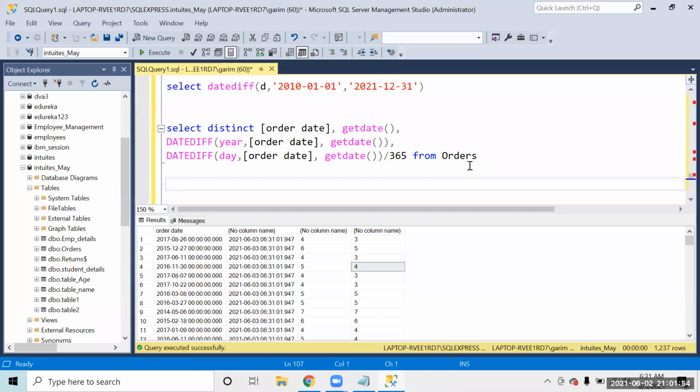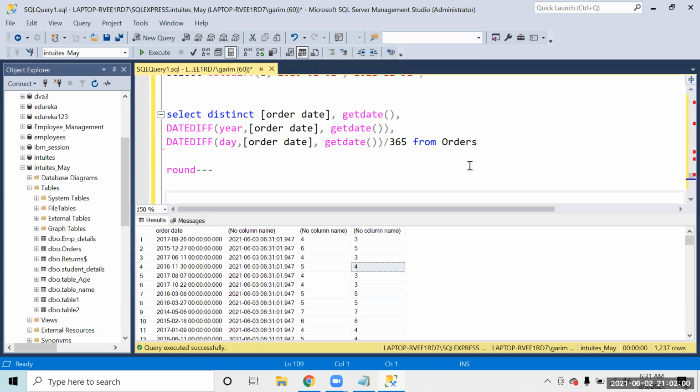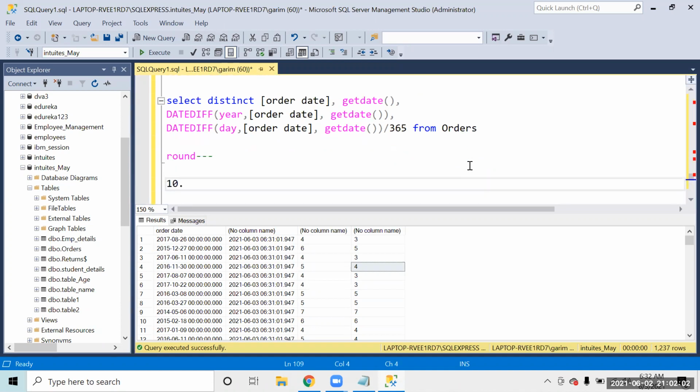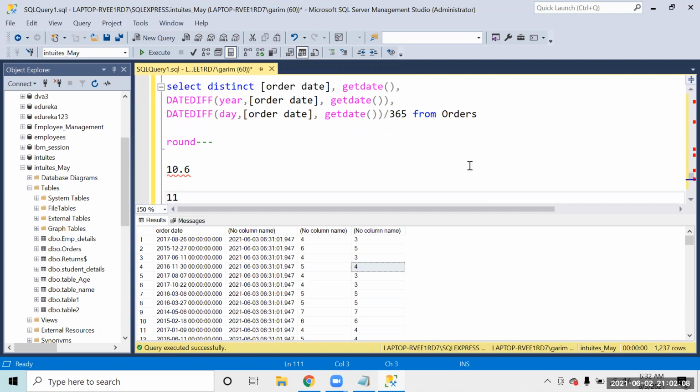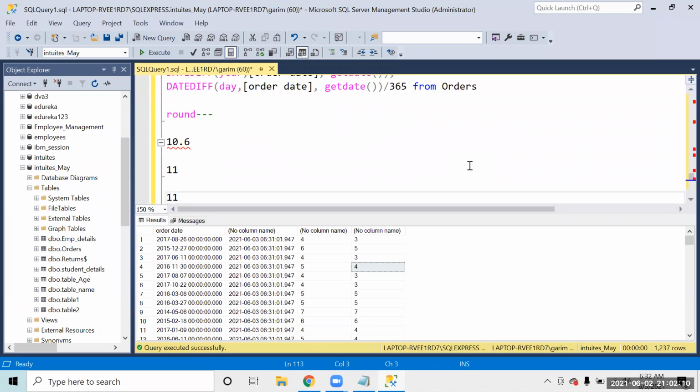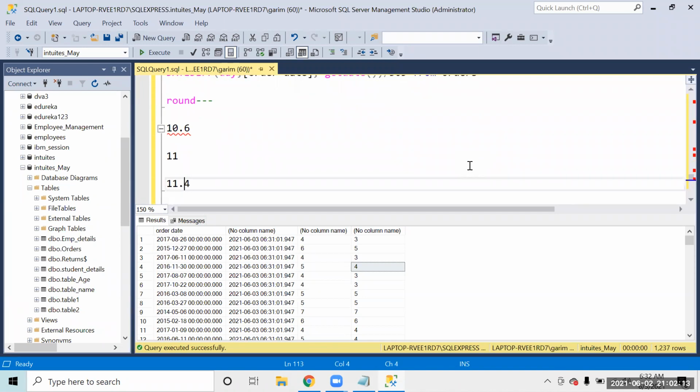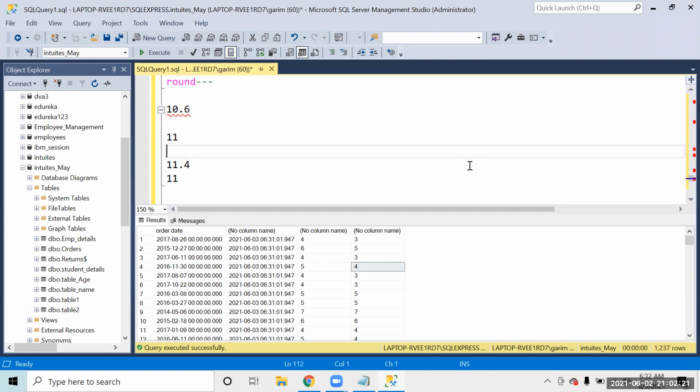So see, what happened is there are a couple of things. When we use the word round, round means if I have written 10.6, if you round it, definitely this will become 11, right? So in that context, you are right. If this is 11.4 and you want to keep it only up to one decimal place, this becomes 11, right? So this is the rounding part that we are doing. But the problem with this is, if you apply this round function, 10.6 will become 11, right? So this age becomes wrong.